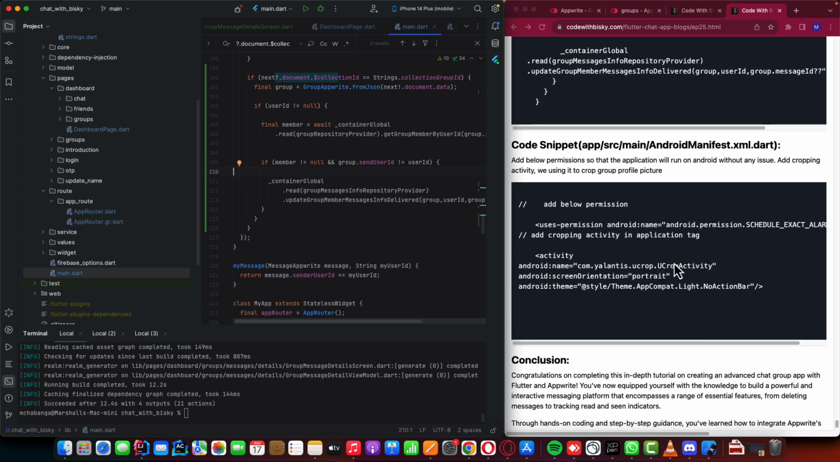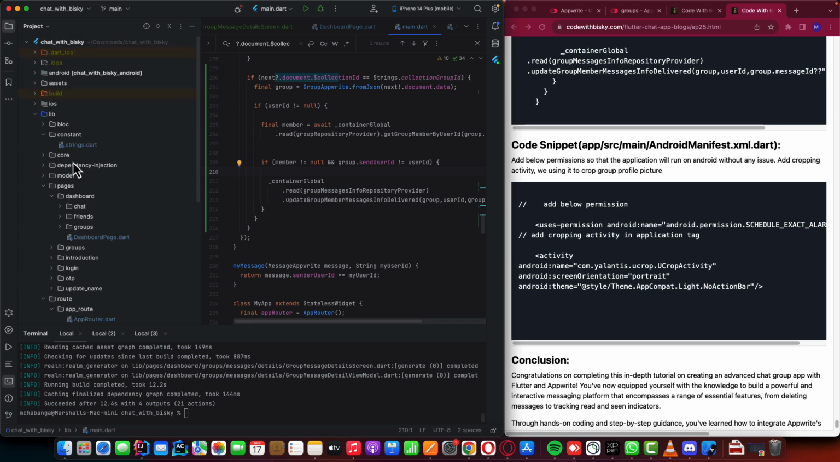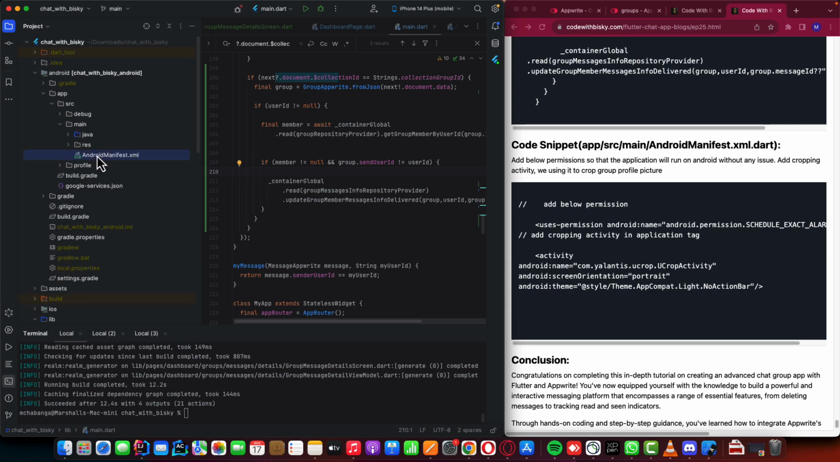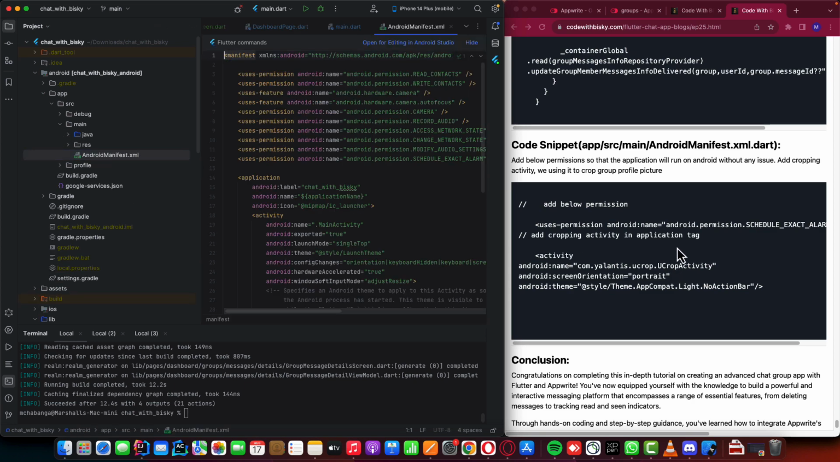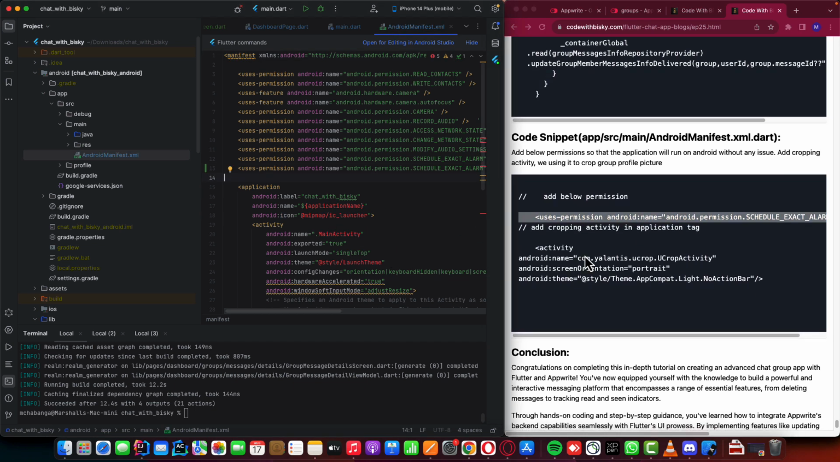So after doing that, let's go to the Android manifest. So let's go to Android. There was a bug that I noticed when testing on Android. So we need this permission. Let's add this permission and add this